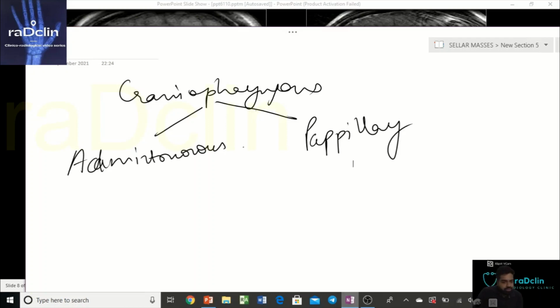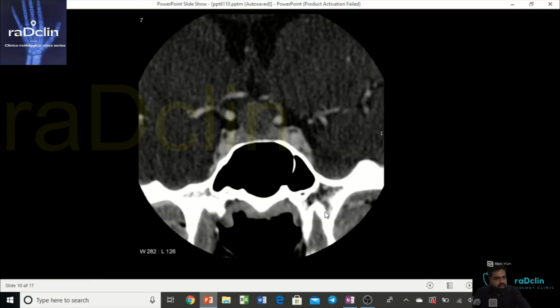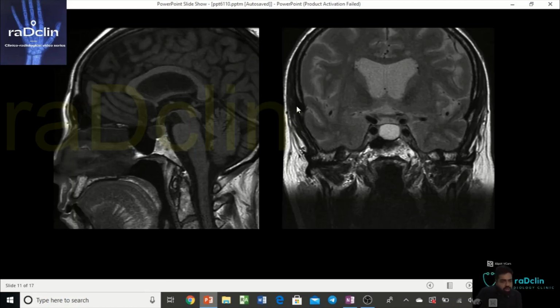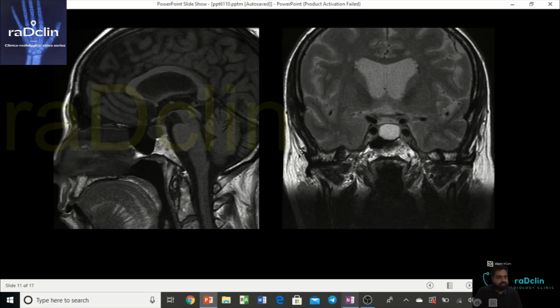Now if you see the differential which we were discussing earlier, the Rathke's cleft cyst, here you can see a very non-enhancing hypodense lesion, where the rest of the lesion is enhancing, but the central lesion is not enhancing. The vessels are enhancing around the lesion. On the MRI scans, it's hypointense on T1. There's remodeling of the sella, and there's a peripheral rim of residual pituitary gland tissue right over here, and it's hyperintense on the T2 scan as well. So this is basically Rathke's cleft cyst.